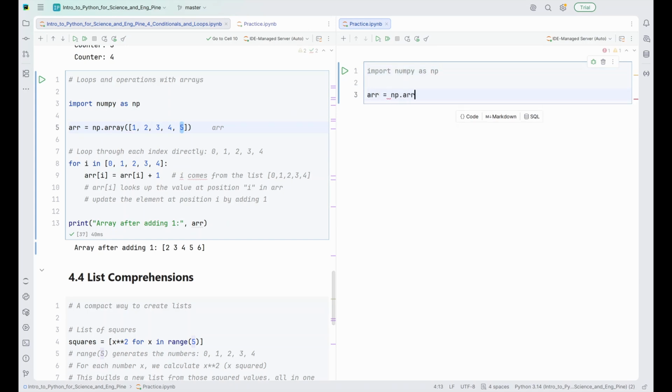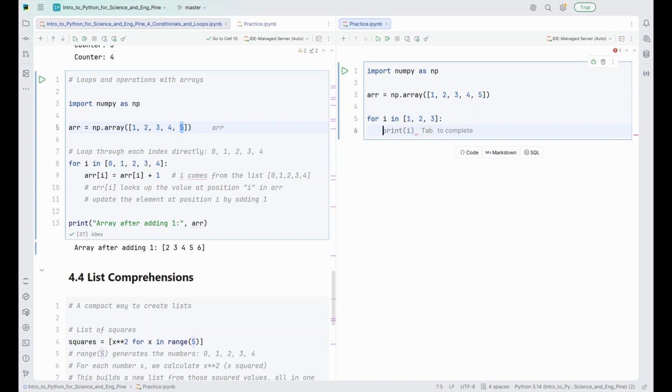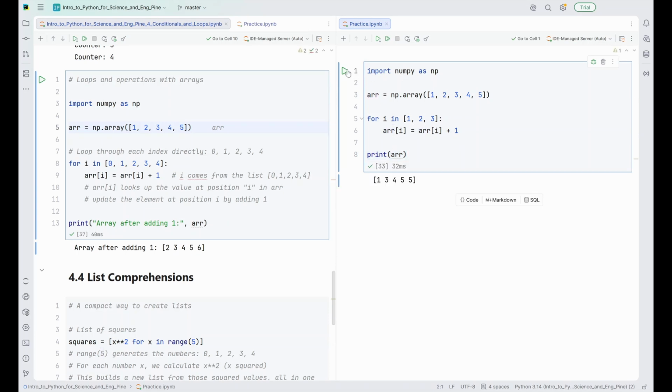And now here we can also try to change things up. I don't want all of this, it's too much. For I in 1, 2, 3. Now ARR I will be equal to ARR I plus 1. Okay, and let's print ARR. And okay, we have this, for example,